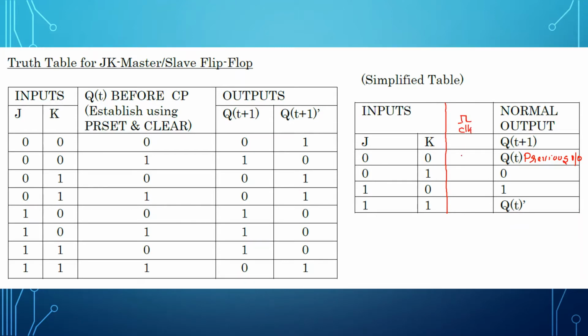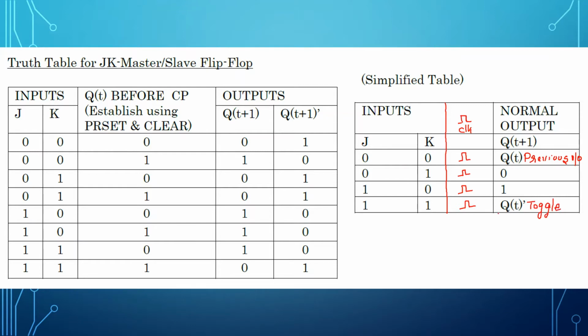So here I'll be giving clock pulses. So I'll be pressing the clock. When it is 1 and 0, your output is going to be 1. When it is 1 and 1, this is Q toggle. Q dash actually here can be called as toggle state.